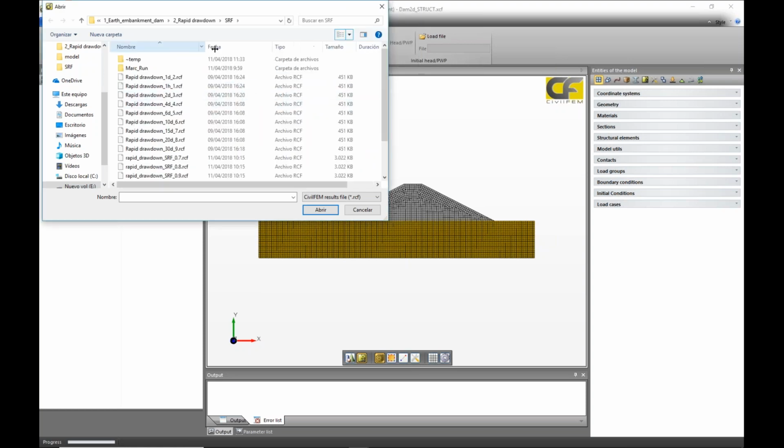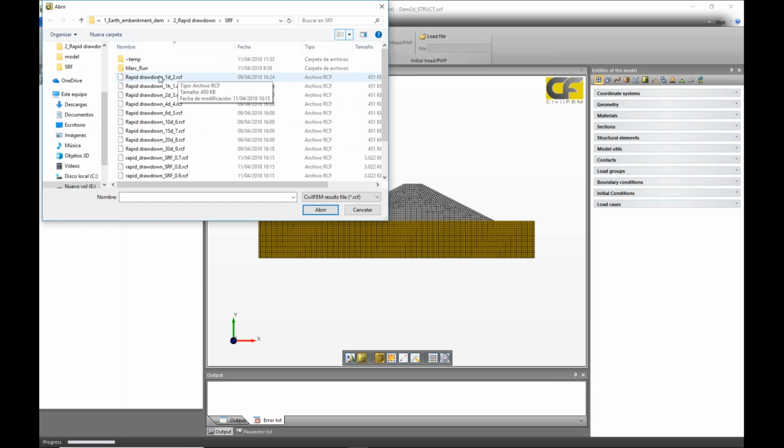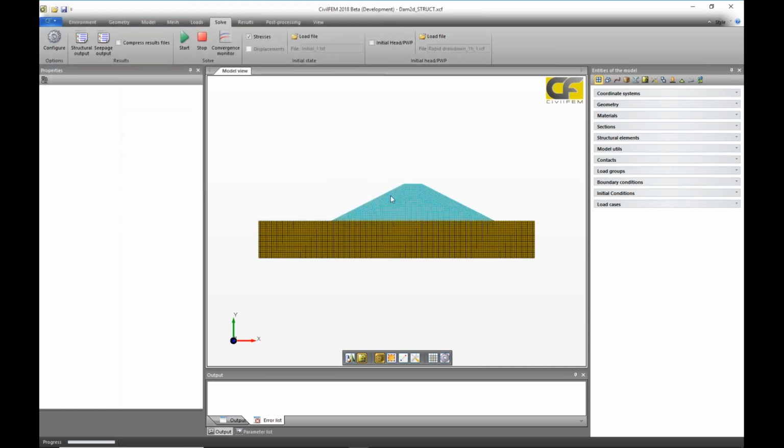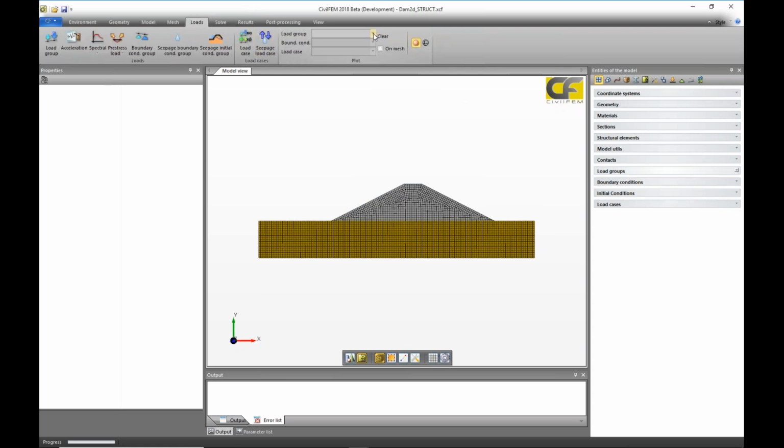For the pore water pressure, I can select any of these seepage results. I'm going to select the first one, just after 1 hour when the reservoir is empty. So I have the highest pore water pressure in my dam, and I don't have water pressure on the model because the reservoir is empty. After 1 hour, the water pressure on my model is deleted because the model is empty. I have the maximum water pressure inside it, and I solve the